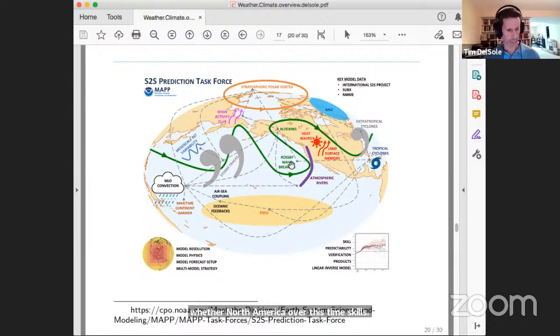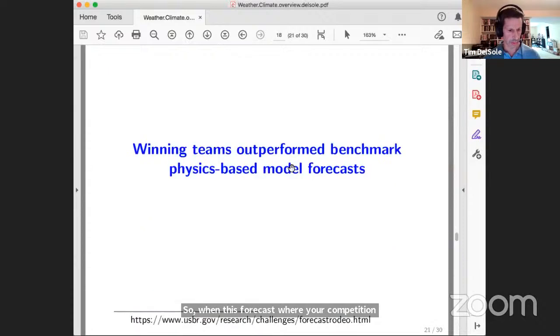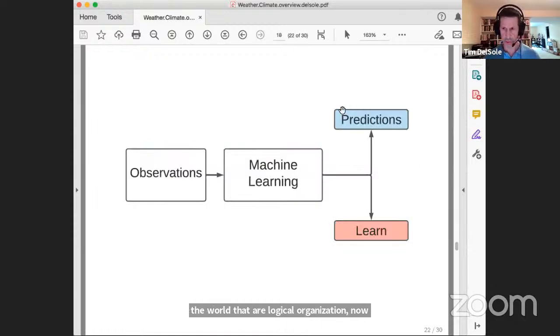So when this forecast rodeo competition was run, it turned out that the machine learning models outperformed the physics-based models. And this has happened twice now, and now there's an international competition going on right now by the WMO, the World Meteorological Organization. Now, these competitions are all focused on predictions, which is certainly a legitimate goal, but there's another